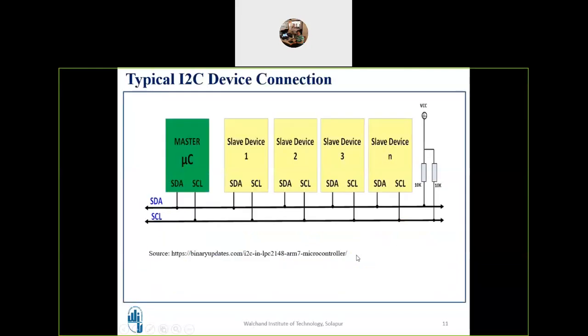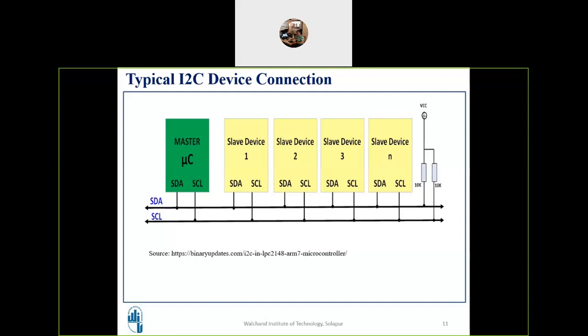Now let us try to understand. Suppose I have n devices, and n can take a maximum value of 128. How can I connect these maximum 128 devices to the microcontroller? Remember, in the communication only one device will be a master.